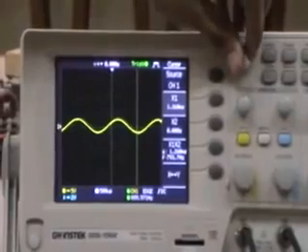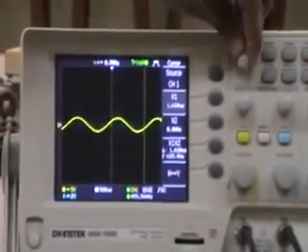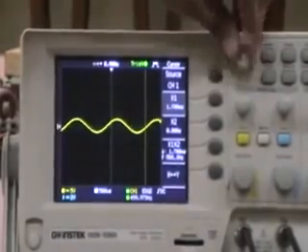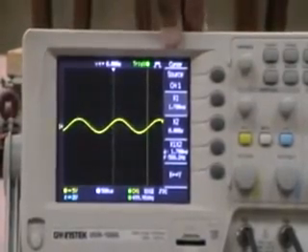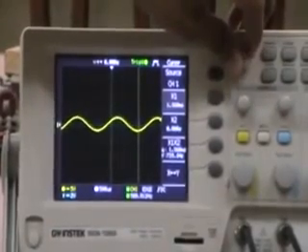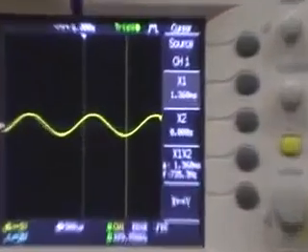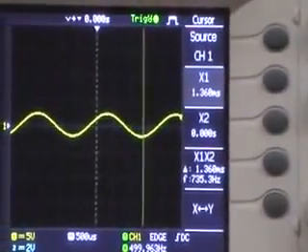Now as we can see, moving this variable knob, we can shift this vertical line to the right or left as desired. If you want to move the second vertical line to left or right, you just have to select this X2.